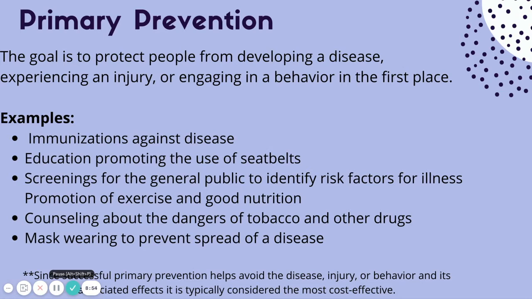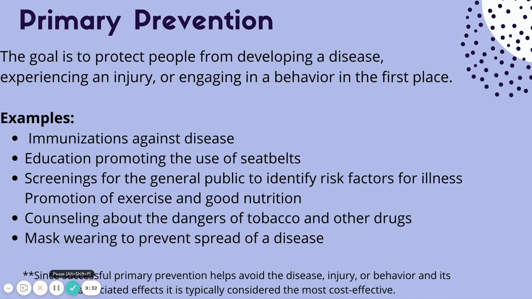So in the 90s, there was a big push for people to wear seatbelts because research has proven that wearing seatbelts will lower the risk of injuries in auto accidents and even death. That was an example of primary prevention. You might have seen commercials, billboards, and magazines. The purpose was to educate a large number of people in the general population so that they would not engage in the behavior of not wearing a seatbelt, right? Here, we want to educate and inform as many people as possible so that they're not engaging in risky or